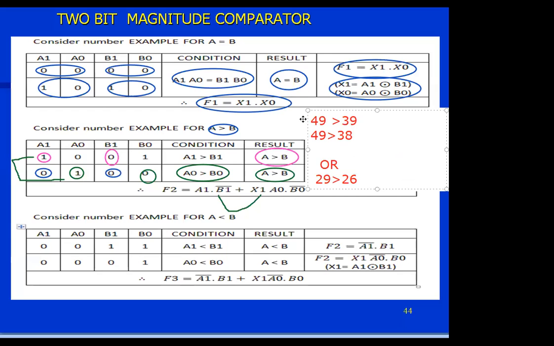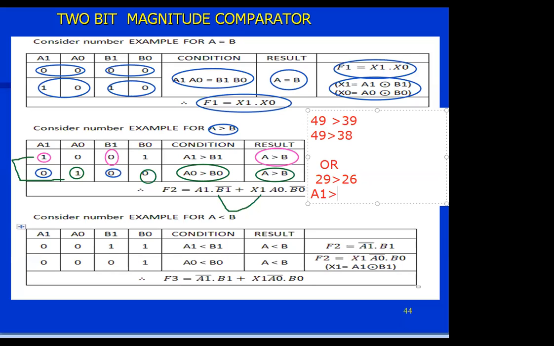ఇక్కడ చూడండి, 29 is greater than 26 అని రాసాను. ఎలా రాసాను, the MSB bits 2 and 2 టెన్స్ ప్లేస్ లో ఉన్నది 2 నెంబర్స్ కూడా ఈక్వల్. 2 is equal in 2 positions, but in the LSB 9 greater than 6 కాబట్టి we are simply writing 29 is greater than 6. And ఇక్కడ ఈ కండిషన్ రాసినప్పుడు ఏం చెప్తున్నాను, ఇక్కడ the MSB bits, that is whatever your MSB